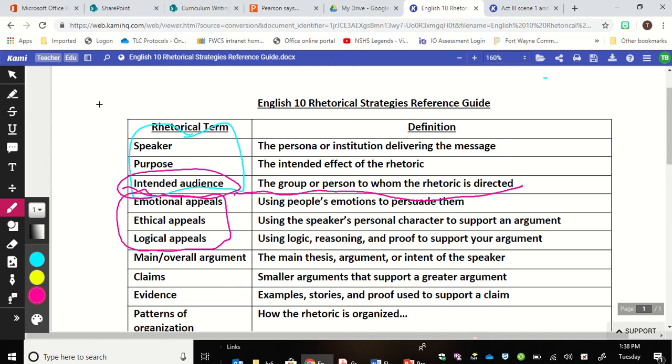Ethical appeals always talk about a speaker's personal character. Like, you can trust me because I've proven to be trustworthy because I said so. Now, it's obviously not a logical appeal, but it is used in modern rhetoric and political and other discussions to this day. Then there's logical appeals, which means to use logic, reasoning, and proof to support your argument. That could be scientific findings, that could be evidence, it could be anecdotes, it could be claims, but the bottom line is that it has a nice flow to it. It's A to B, B to C, A, therefore C.